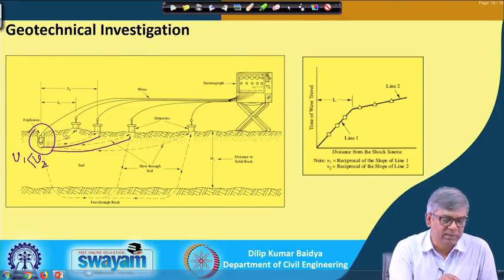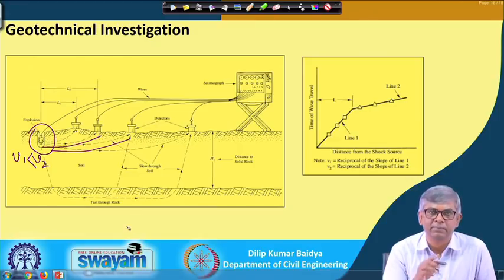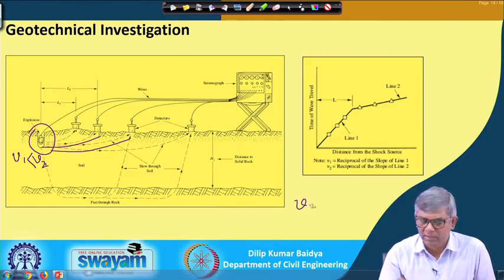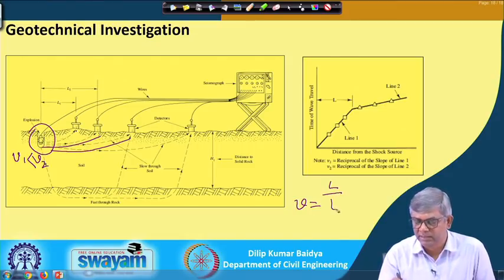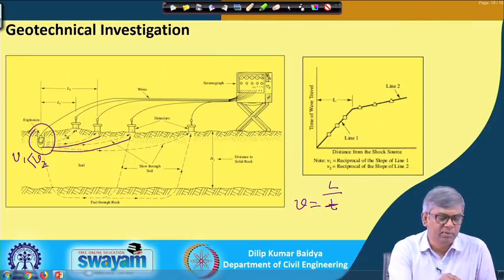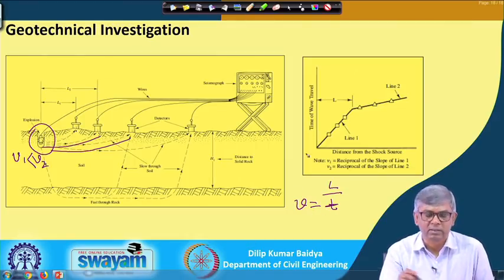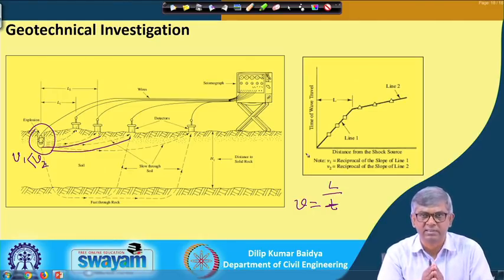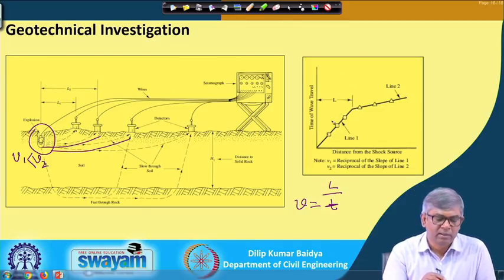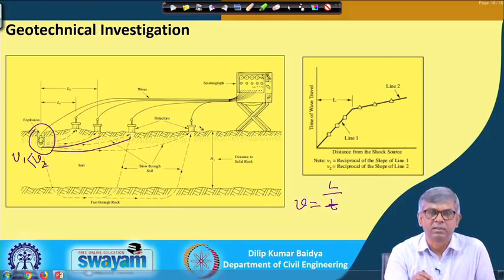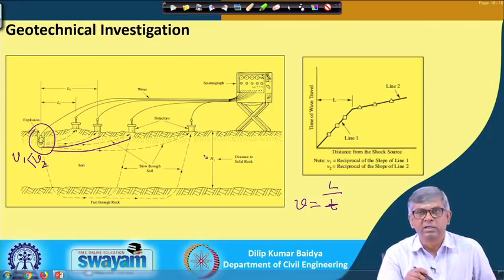So, if it travels this way, the direct path, then it will be the same material. So, velocity will be distance, or L divided by T, and it will be applicable for everyone. So, it will be linear. That means up to the receiver where it actually has a direct path, it has come faster, and they will be representing these points. And there may be some points where this path is coming faster, and there also they will follow linear.